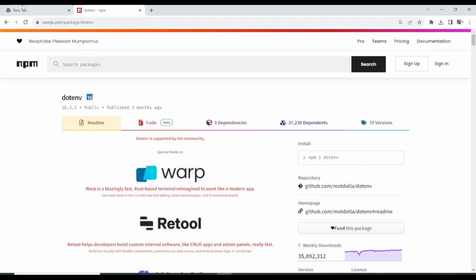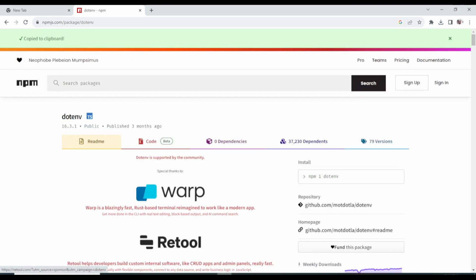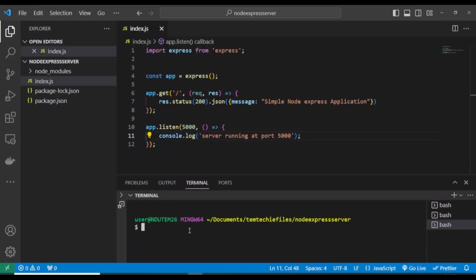So what I'm going to do next is to copy the command here, npm install dotenv, and I will come back here. What I'm going to do is to just paste what I've copied from there and install the package. So after installing the package, the next thing is to create